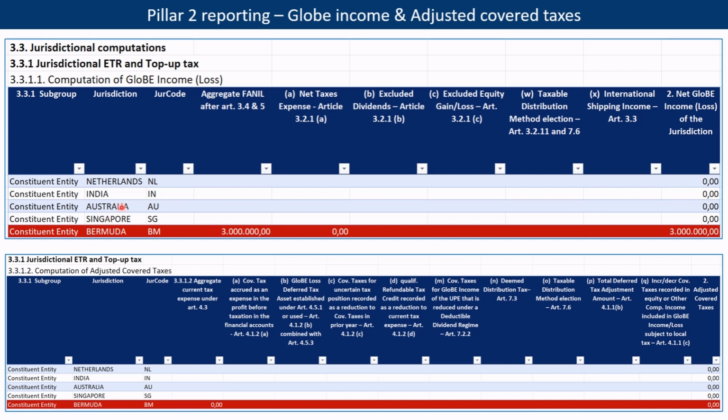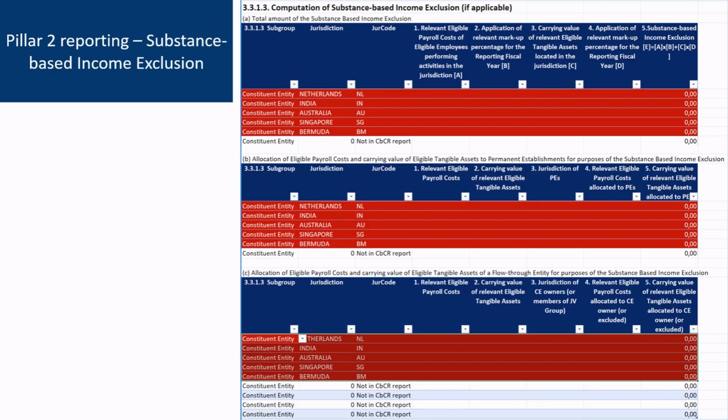You would then have to go and do the computation of the adjusted covered taxes. And again, I assume that you can skip Holland to Singapore and only do Bermuda. But again, you can see you go from letter A to letter Q in data that you need to fill in on a per country basis, and you need to come to your adjusted covered taxes. In this case, that'll be easy. That'll be 0. And then you can move on to your next